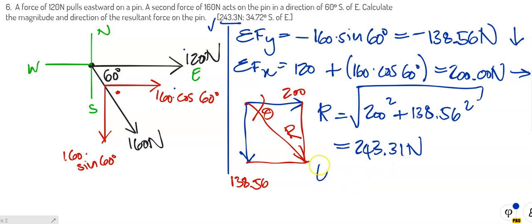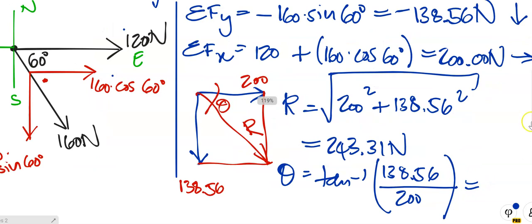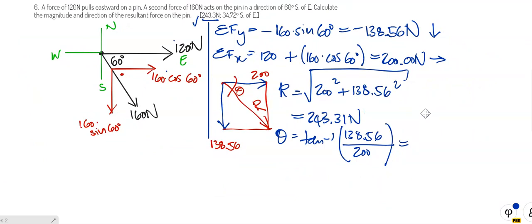I'm going to work at the angle theta, which is not the direction, and theta is equal to the arctangent of 138.56 over 200, and that is equal to, let's see, I'm going to do the calculation. Do the calculation yourself and see that you get the same answer as me before you proceed. And the angle theta there, I get as